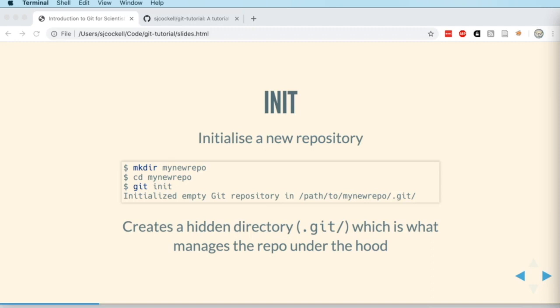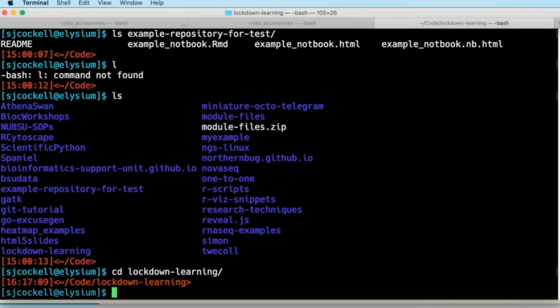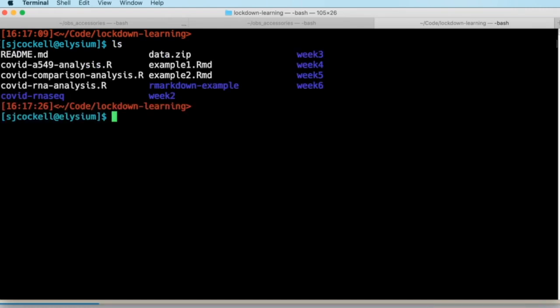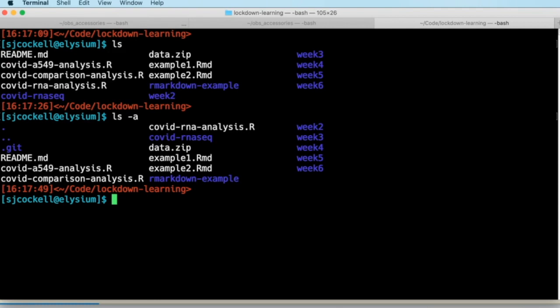If I show you just quickly, this is on my Mac. I'm in my Lockdown Learning GitHub repository. This is my local copy of it. These are the files which have been uploaded to the Lockdown Learning GitHub over the last few weeks. If I list this directory with the -A option, which tells ls to list all of the hidden files as well as all of the files you can normally see, you will see that in this directory there is a .git directory here. The existence of this .git directory